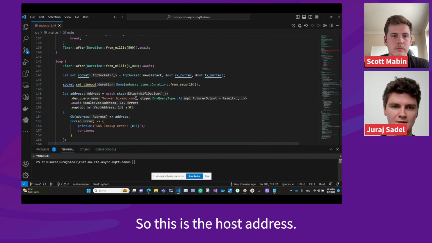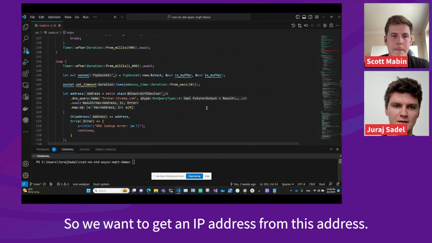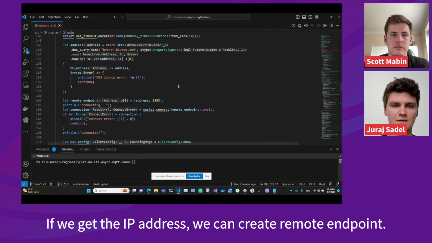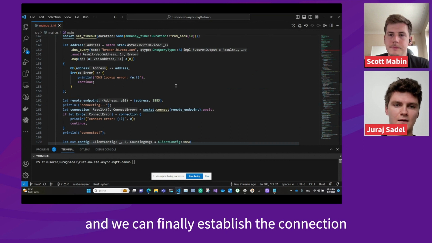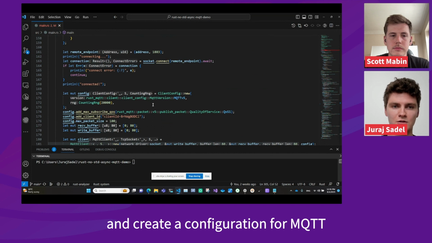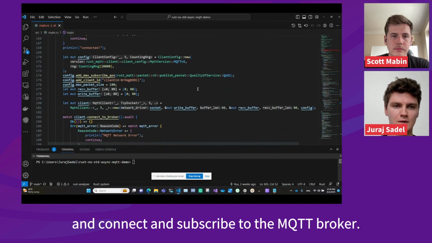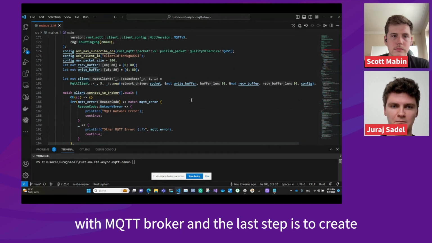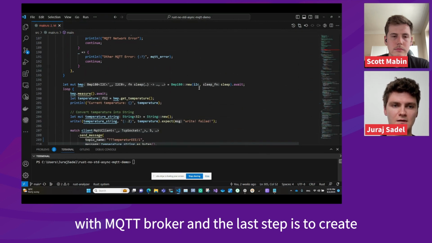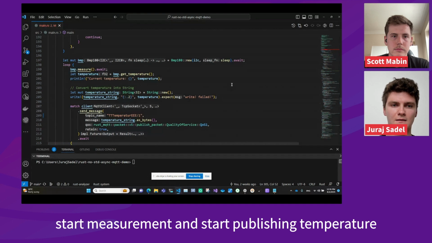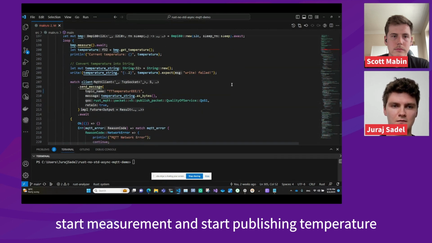So this is the host address. We want to get an IP address from this address. If we get the IP address, we can create a remote endpoint. We are using port 1883, and we can finally establish the connection, create a configuration for MQTT, connect, and subscribe to the MQTT broker. If everything is ready, we should be communicating with the MQTT broker, and the last step is to create and initialize the BMP sensor, start measurement, and start publishing temperature to the